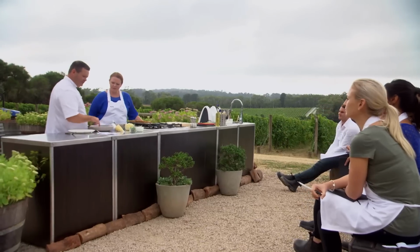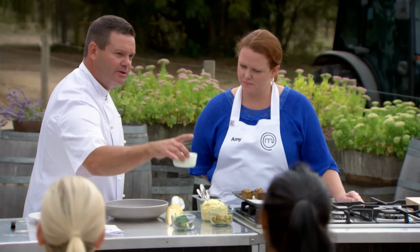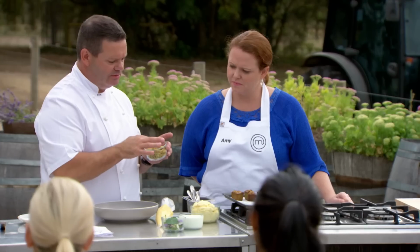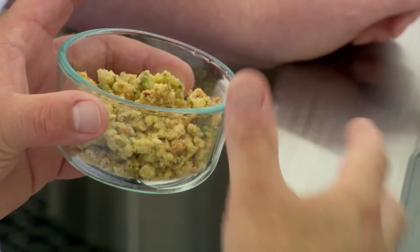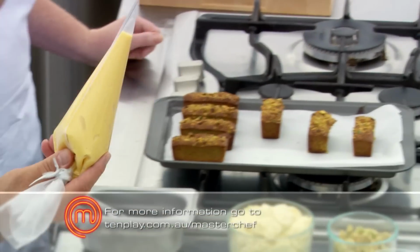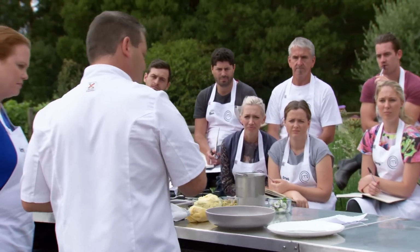So what I've got is a quenelle of mousse, a quenelle of pistachio ice cream. I've got a bit of sheep's milk yogurt because I want some acidity because it's quite fatty. And then I've made a pistachio crumble. All that was blitzed pistachios, all right? And then equal quantities of butter, sugar, flour. I've made a yuzu curd, which was yuzu juice, that Japanese citrus, which has got a very distinct flavour. And then what I was going to do is put a bit of yogurt